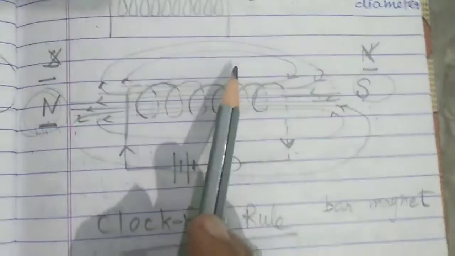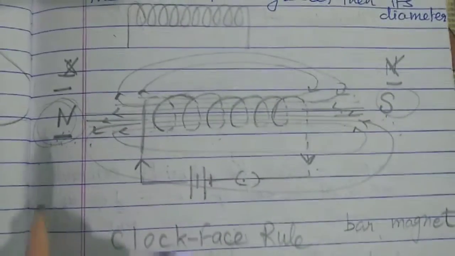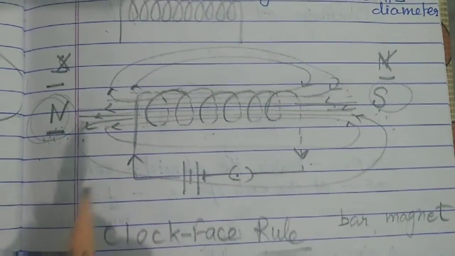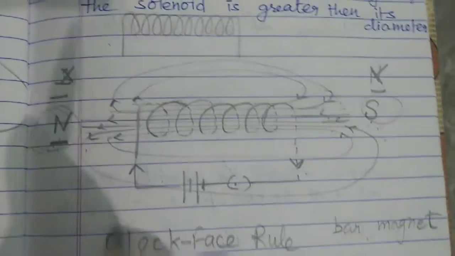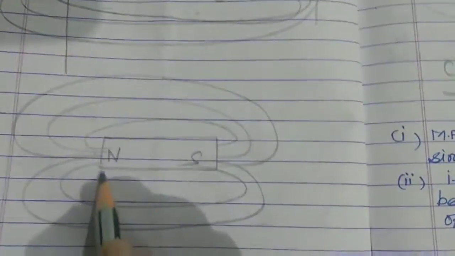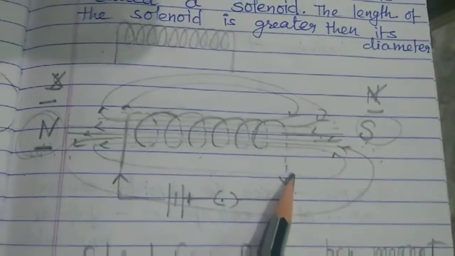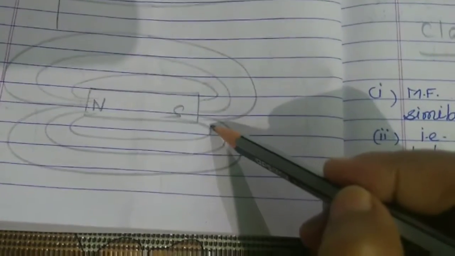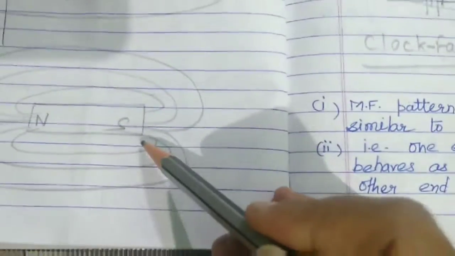Do you remember where we have drawn these kinds of magnetic field lines? Right, due to a bar magnet. You have studied that if there is a bar magnet, with a North Pole and a South Pole, the magnetic field will be like this. We also studied an activity with iron filings and a bar magnet. Here you can see that the magnetic field due to a solenoid is similar to this magnetic field, the magnetic field due to a bar magnet.